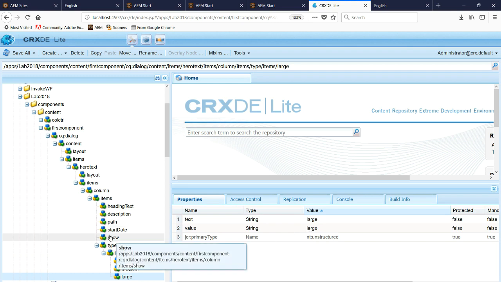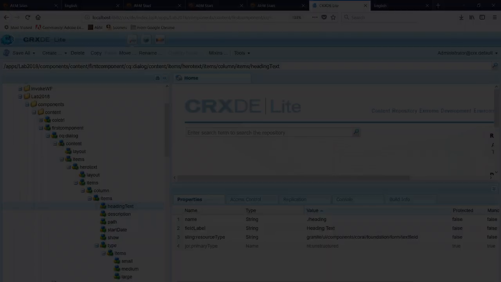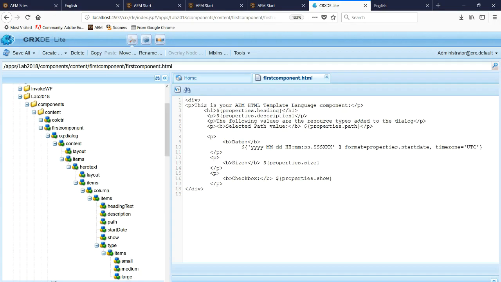So this is how we work with Granite types in a component dialog. Each one is really just an unstructured node, and then it's got a sling resource type that points to the Granite type. So this is really important to understand when you're building AEM components and working with Granite types for the touch UI environment. So finally, we're looking at the HTL script that we're going to use to read back